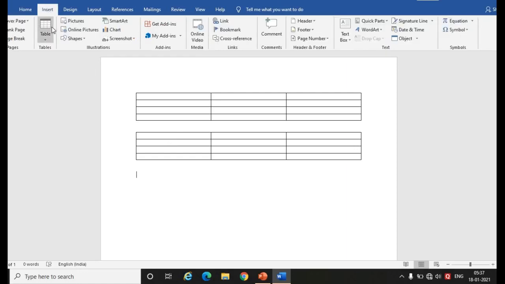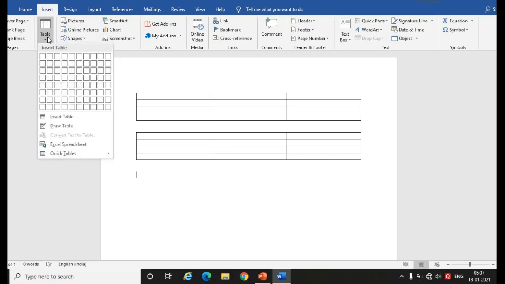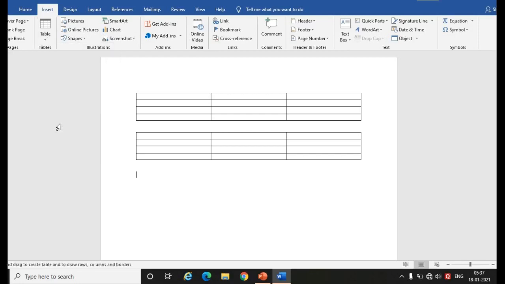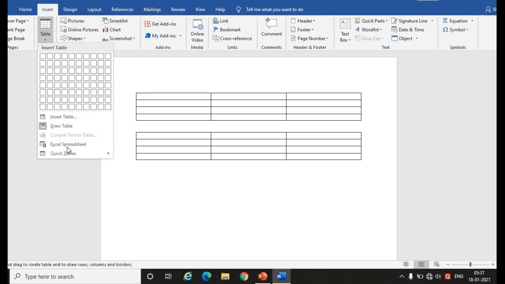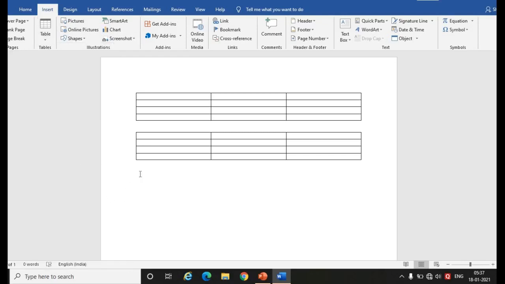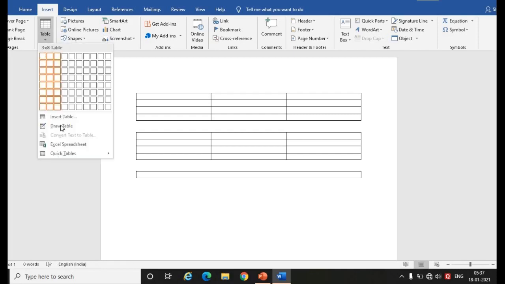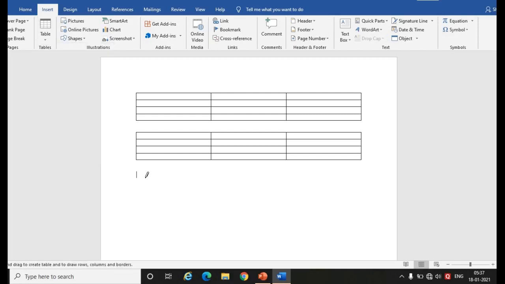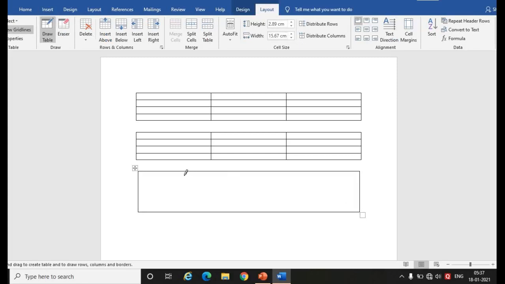Now the third method from which you can insert a table: again you have to go to the Insert tab, click on Table, and here you will find the Draw Table option. When you click on Draw Table, you get a pointer and you can draw a table. As I told you in class, here I got a pencil. I am dragging and dropping it from one end.